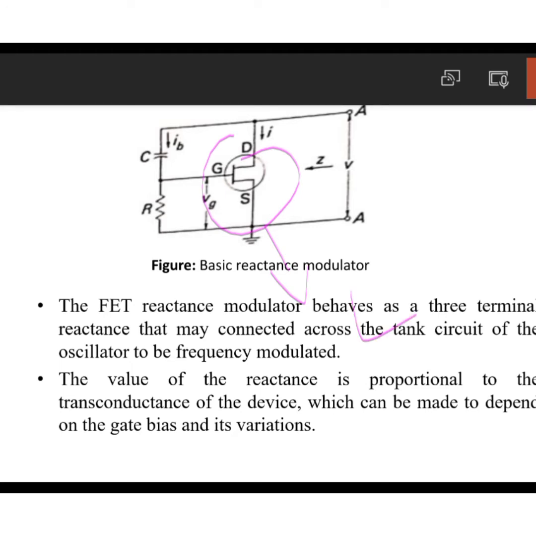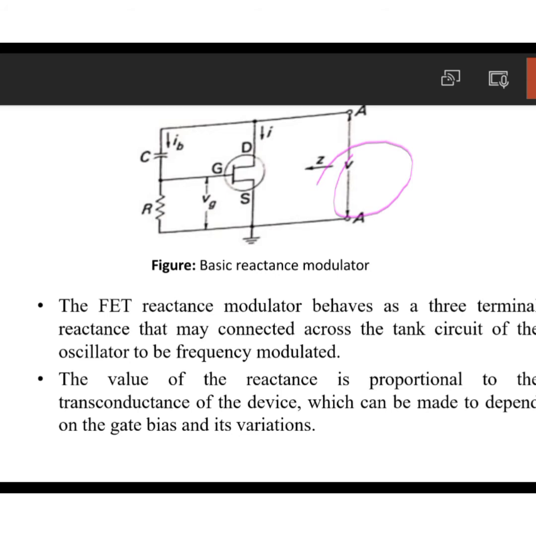the external voltage, because FET is a voltage controlled device. So based upon the external modulating voltage, this can be controlled. By means of voltage, the LC oscillation is also controlled, and it controls the oscillator frequency, which is nothing but the carrier frequency. So there is the varying modulating voltage.